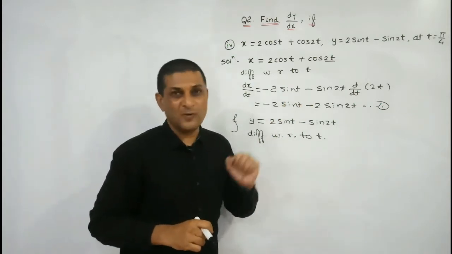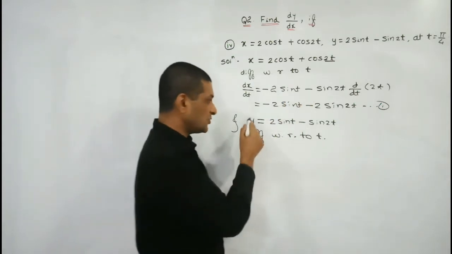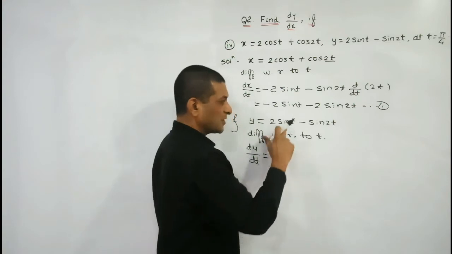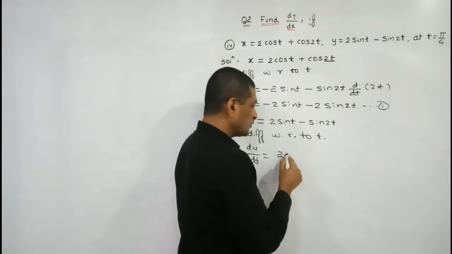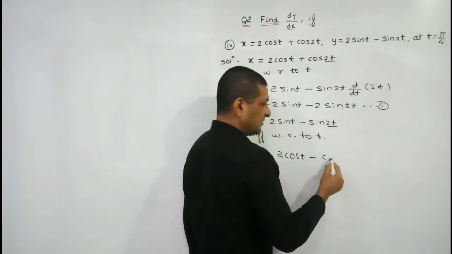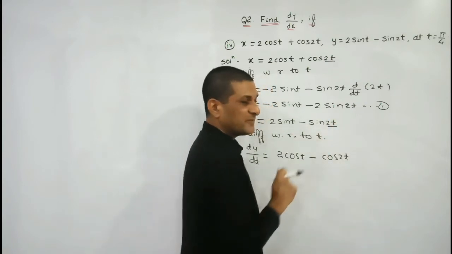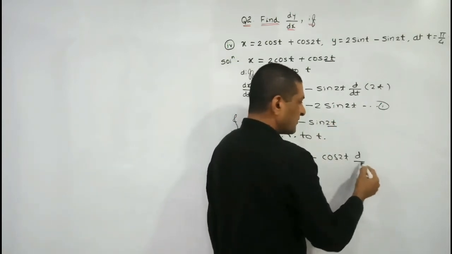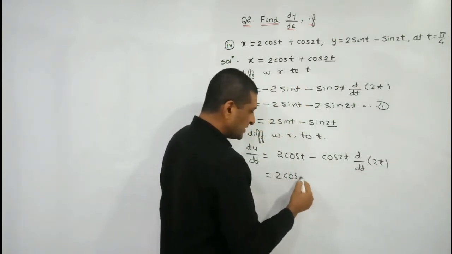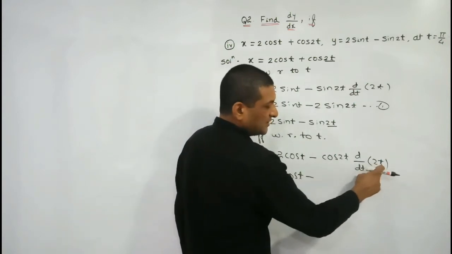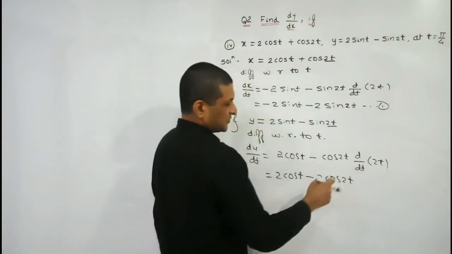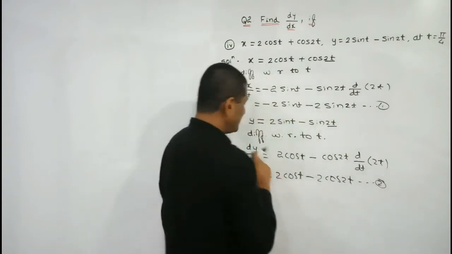Now we are considering what? Y, and again y we are differentiating with respect to t. So on this side derivative of y with respect to t is dy upon dt. Here 2 keep it as it is because it is a constant term, and derivative of sin t will be equal to what? Cos t. Again minus keep it as it is, derivative of sin 2t means sin f of x will be equal to cos f of x, and what is the value of f of x here? 2t into derivative of f of x means derivative of 2t. So which is equal to 2 cos t, keep it as it is, minus, what is derivative of 2t, will be equal to 2 into cos 2t will be equal to 2 cos 2t. In this way we have got the value of dy upon dt also.